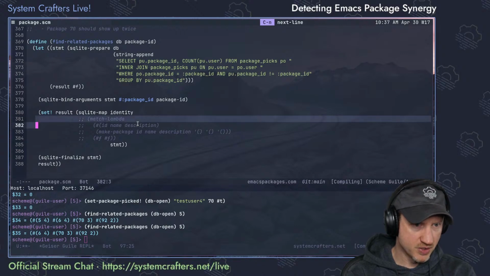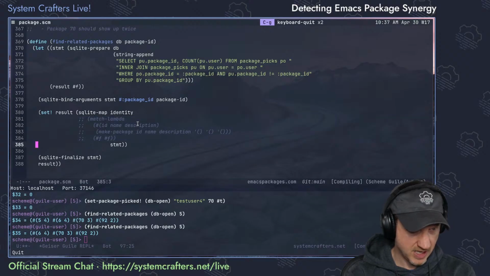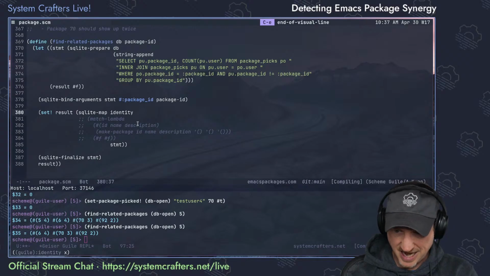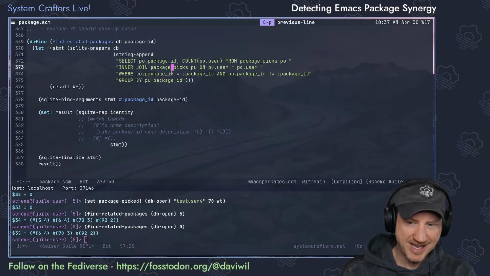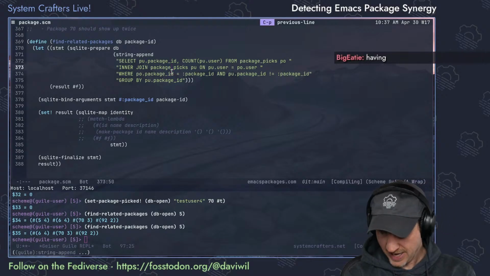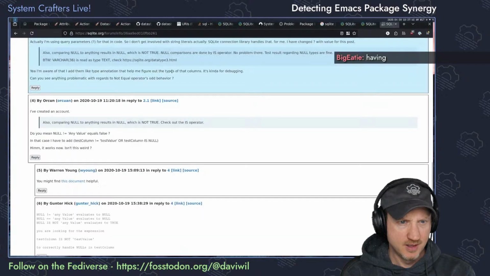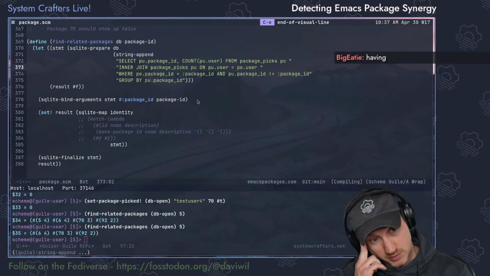Okay, so in the results, we have vectors, and that's probably okay. Oh, right. What I wanted also was the package name. So I want to join through for the package name. Again. Having. If I do a secondary join on the packages table,